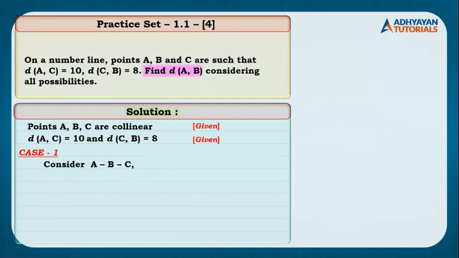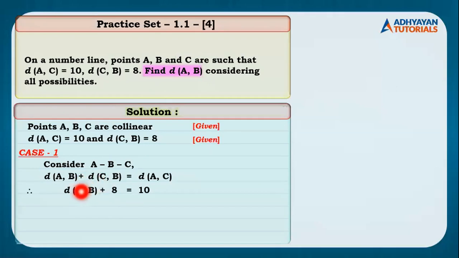Perfect. Now, children, looking at this equation, can I state that distance between AB plus distance between BC, this smaller distance is added together, will be equal to distance between AC. So I've just written that statement here. Now, what is the value of distance AB? Do we know it? No, rather we need to find it, correct? So we keep it as it is. Now tell me, what is value for distance CB? The value for distance CB, children, is 8. And tell me, what is value for distance AC? As you can see it on the screen, it is 10.